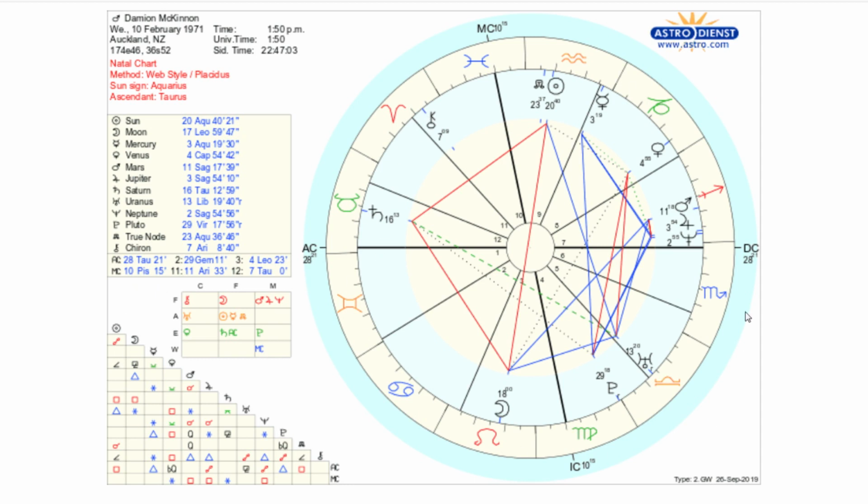Here is the chart, the signs around the outside, the houses on the inside. We've got planets in the houses, and we've got aspects linking them all up. Red ones mean hard or challenging aspects, and the blue ones are the softer or more harmonious aspects. Now on the left hand side, and this is a constant for most astrology software tools, you'll see a grid with a whole bunch of planets going down diagonally. This is a tool that shows you the aspects on the chart, so I don't have to look at this line here, for example, and try and figure out what sort of aspect it is. I can just look at this grid,